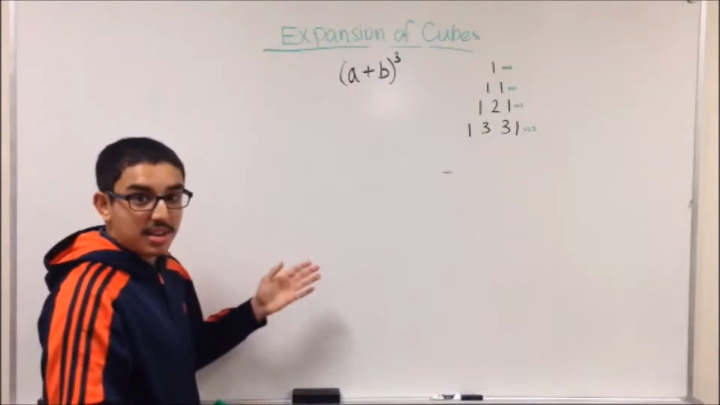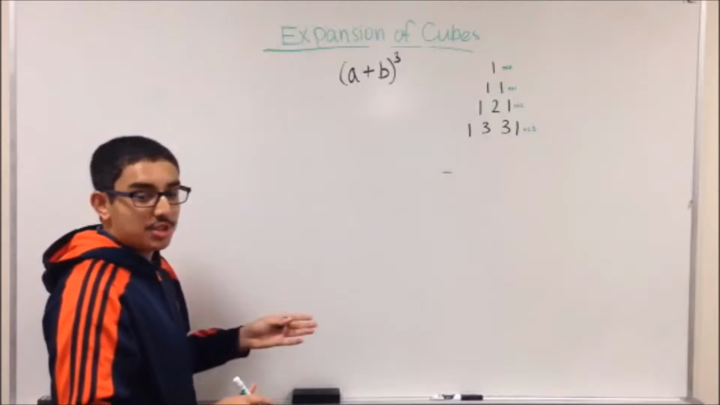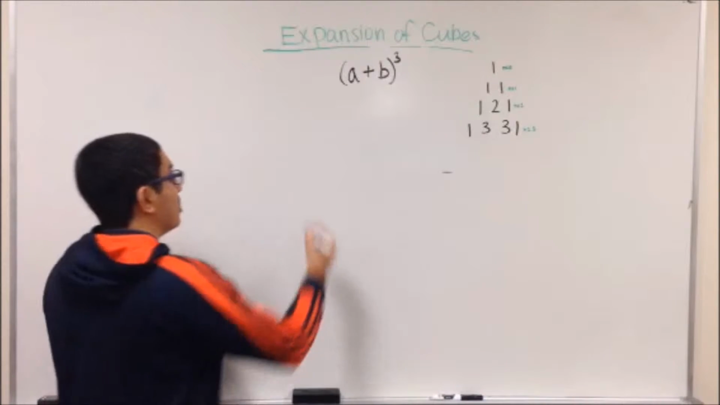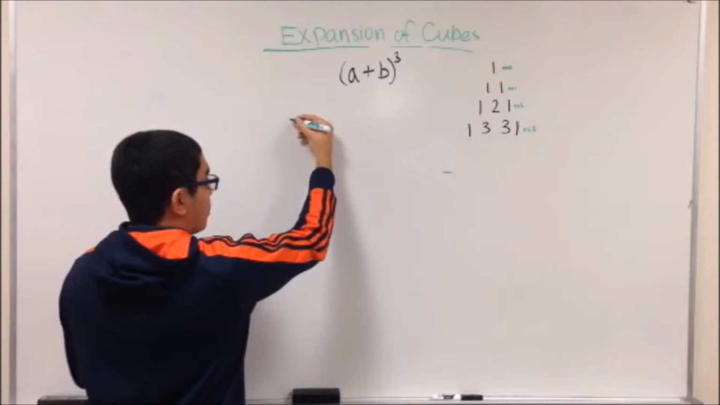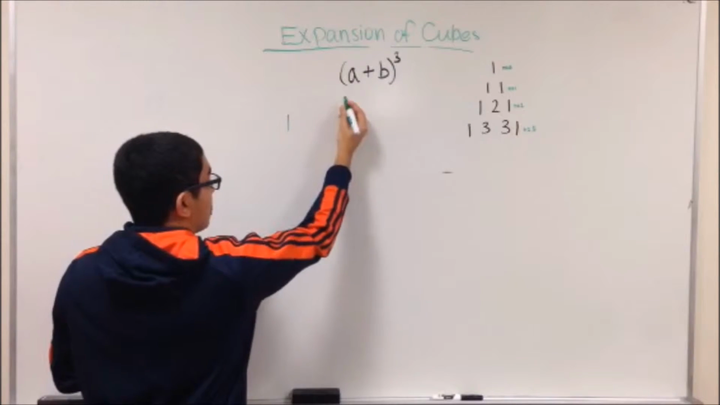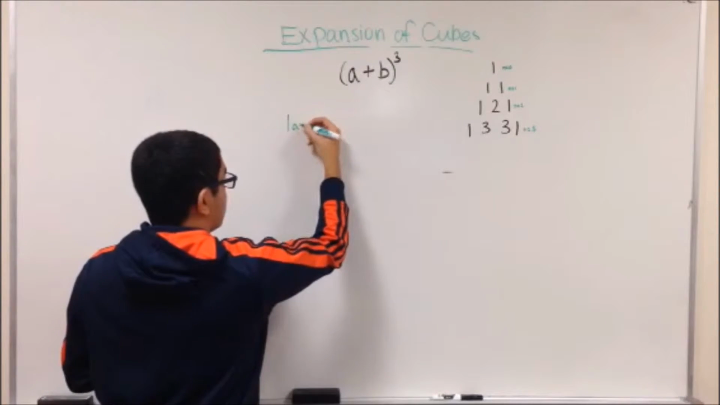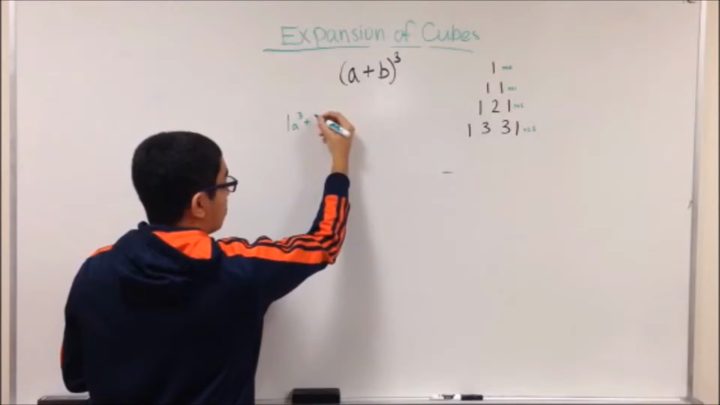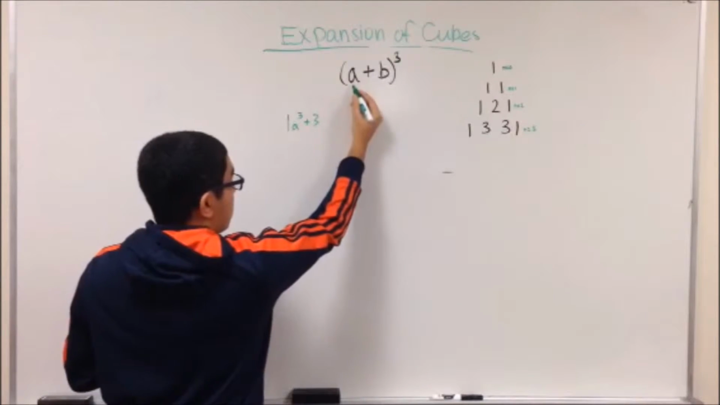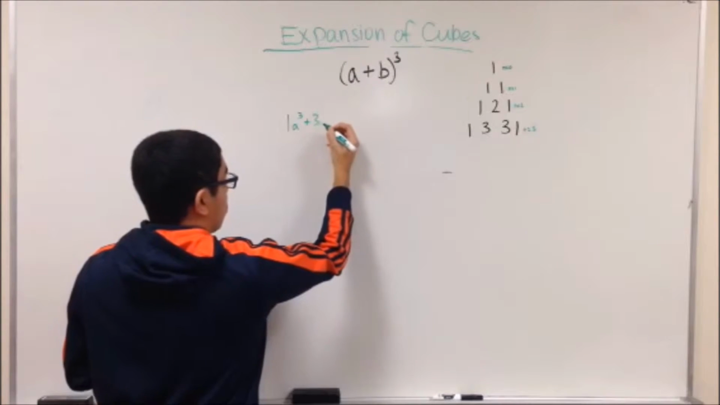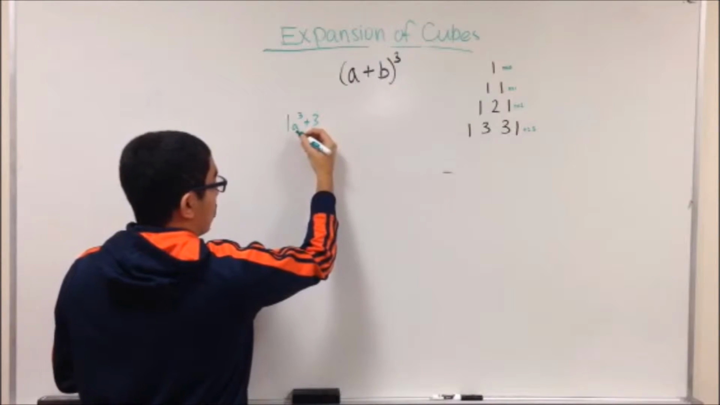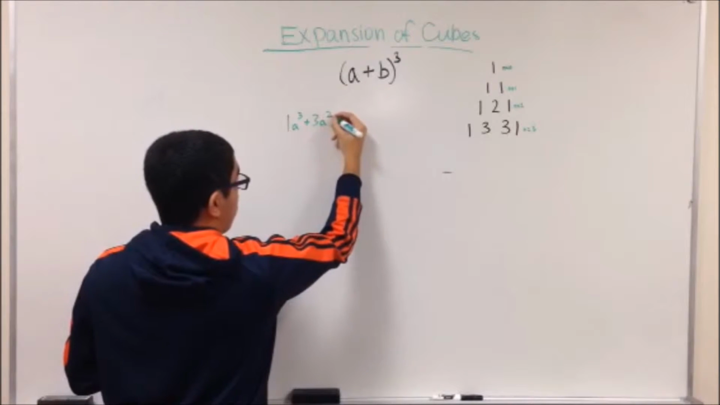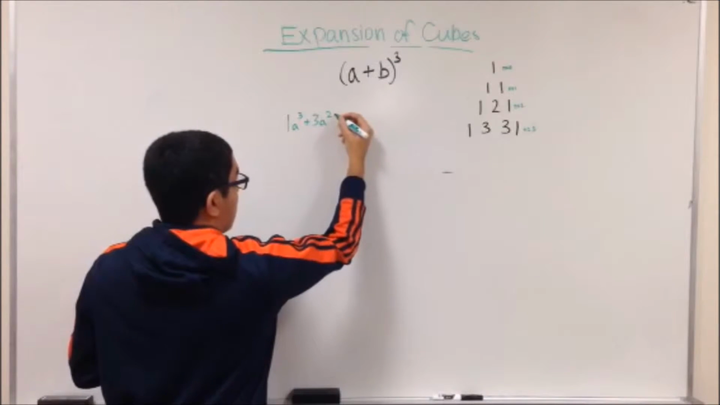Now before we start expanding, we're going to write down the coefficients given from Pascal's triangle. So the coefficient for the first term is 1, and we also have to take the first term and cube it, which is a cubed. The second term is going to have a coefficient of 3, and the first term is going to have an exponent that is 1 less than the one before, which is a squared, and b is going to be raised